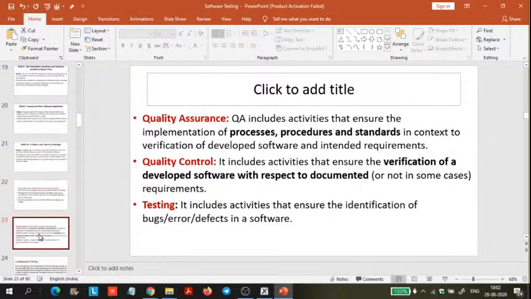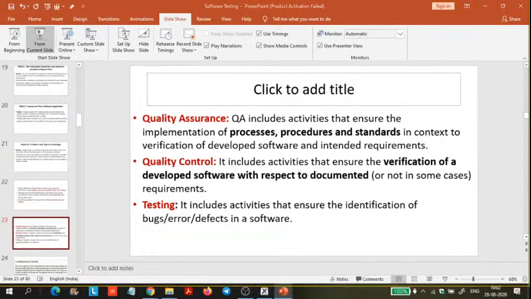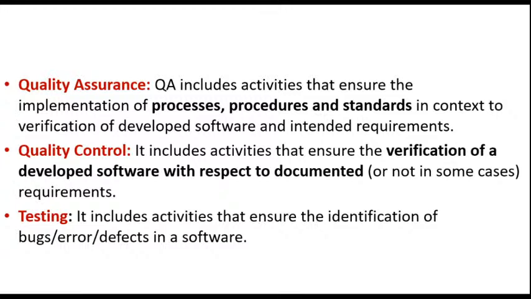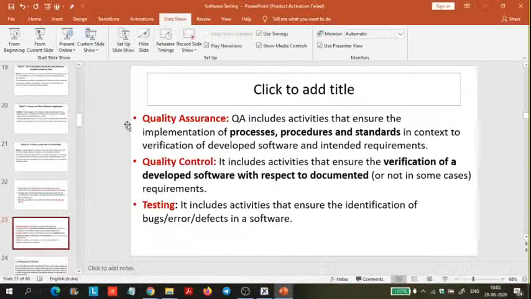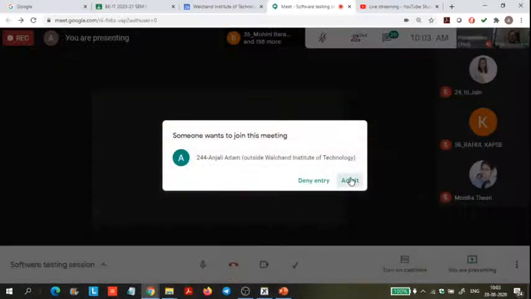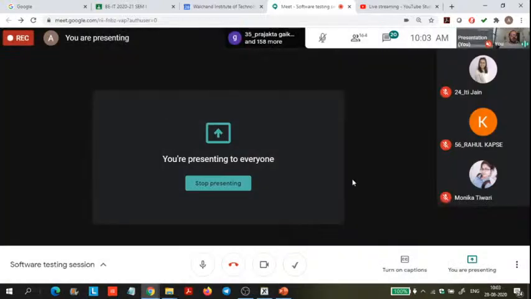Okay, so here there are some terminologies that you should know. What is quality assurance, what is quality control, and what is testing. Quality assurance includes the activities that ensure the implementation of process, procedure, and standards in the context of the verification of the developed software and intended requirements. Whatever processes we involve, like in software development models, we have different